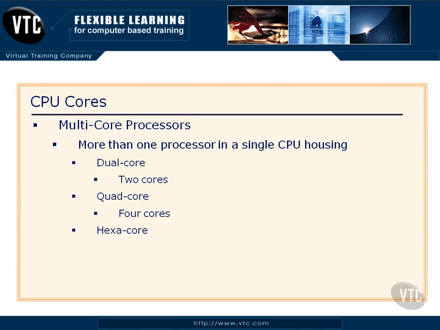Here's one you don't hear very much. You could see on the exam a hexacore, that's 6 cores, and then an octa-core, that's 8 cores. Now generally what you're going to see on the exam are single core, dual core, and quad core. That's what you see most out there in the real world, and a lot of products license their software based on how many processors you have in your machine. So if you have a quad core processor, they're going to charge you more for licensing